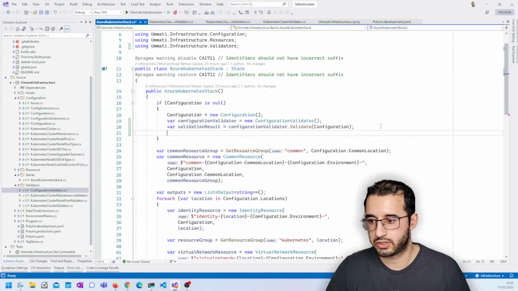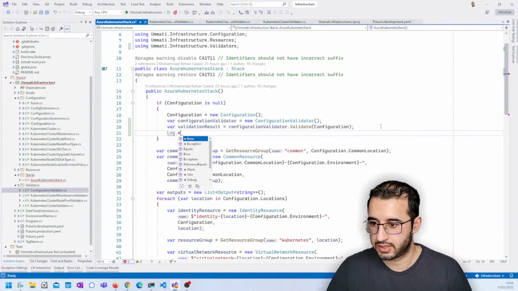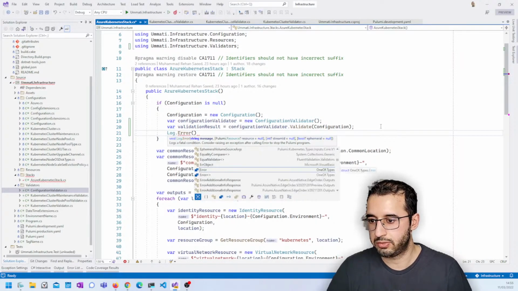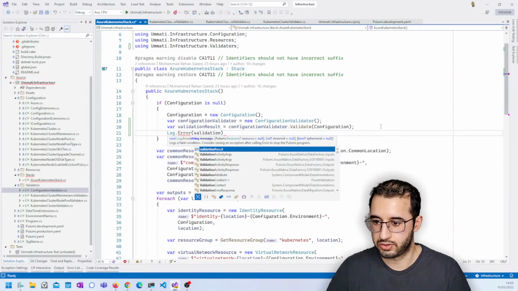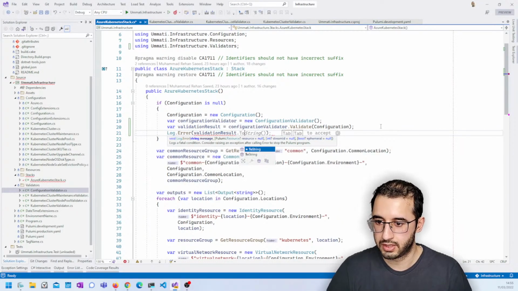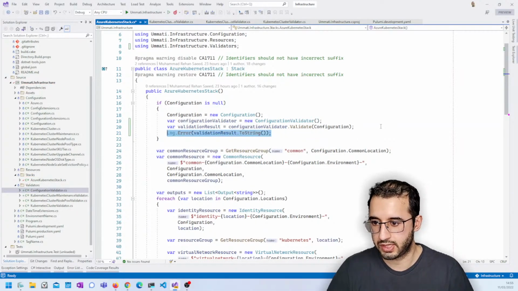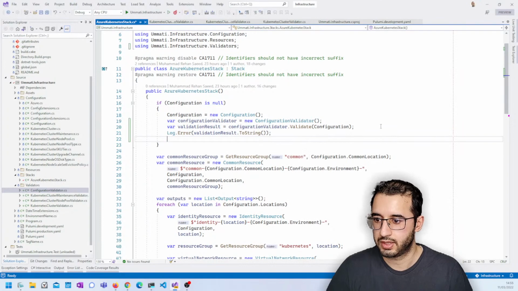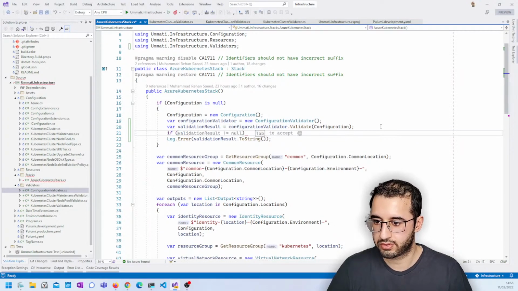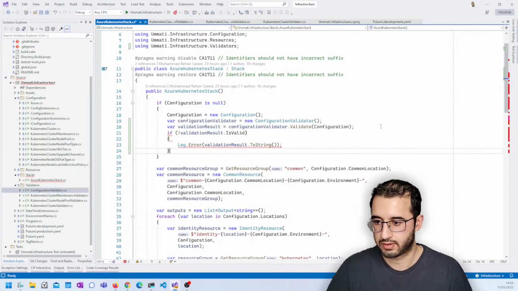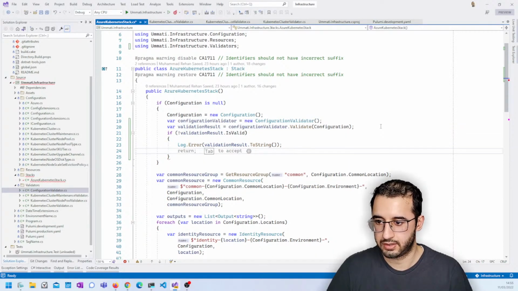And then next, what I want to do is log an error, and this is Pulumi code, so you don't really need to know about this, but it's used a bit like console or write line, but for Pulumi. And I'm just going to call toString on it to see what gets output. And then I want to throw an exception if it's invalid. Oh, I only want to log this error if validation result.isValid is false. If it's invalid, log an error, and then